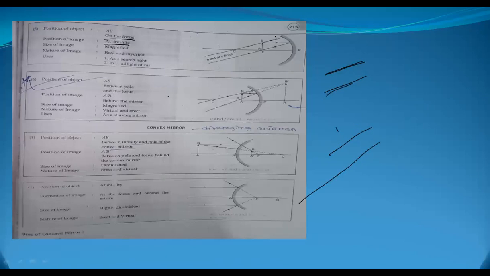Now see, if the lines are parallel, they will not intersect, and if they are not intersecting each other, then there will be no image. And we know why, because to form an image, two lines must intersect each other, then it will be the position of the image. But here the two lines are parallel, so they never intersect each other, so that's why there will be no